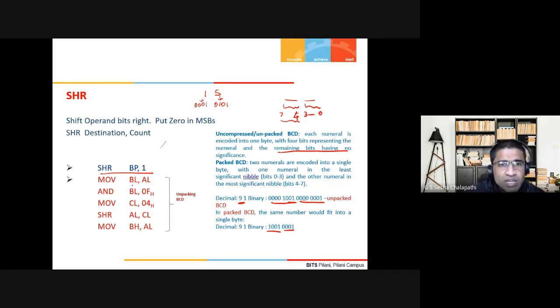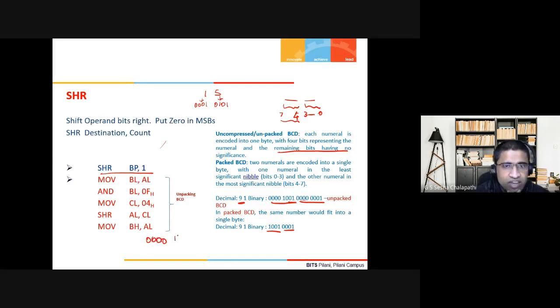In unpacked BCD, what I'm doing is taking AL and moving it to BL. And then I am ANDing the last 4 bits, that is the least significant 4 bits. And then I shift them right, and then move BH into AL. So what is happening here? Suppose I have this AL and I'm moving it into BL.